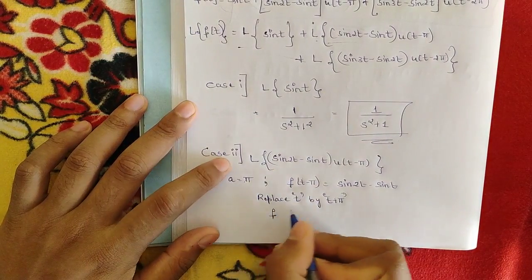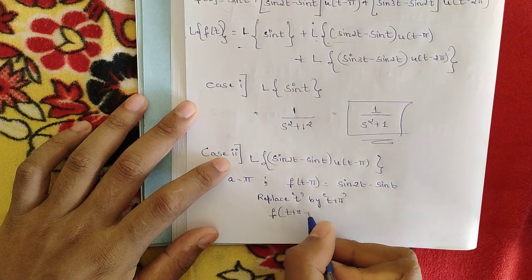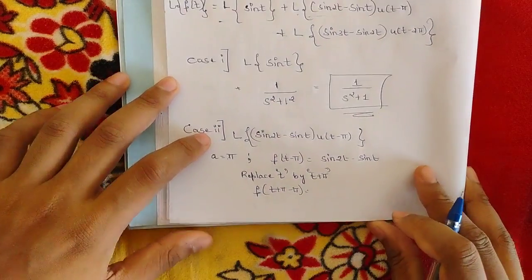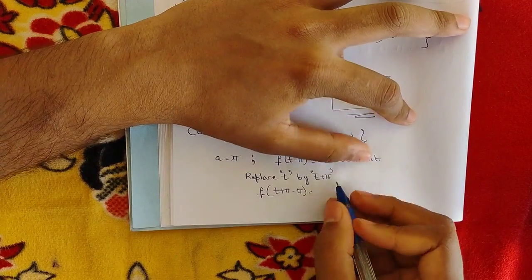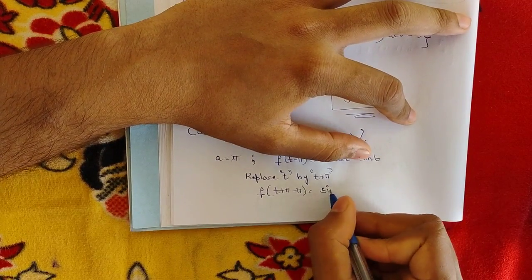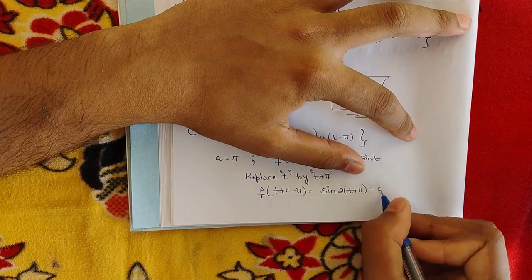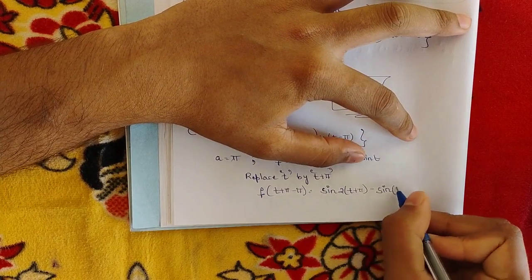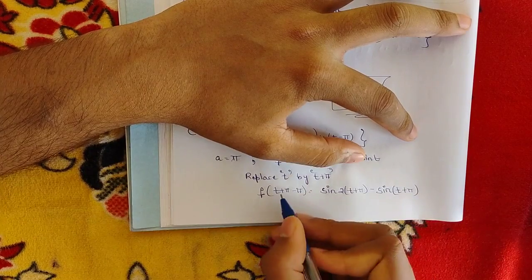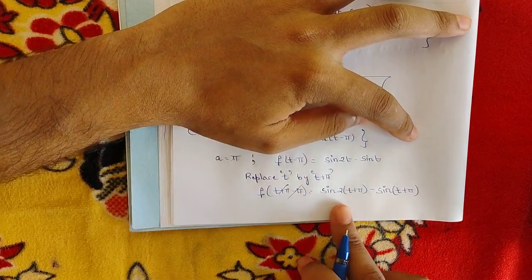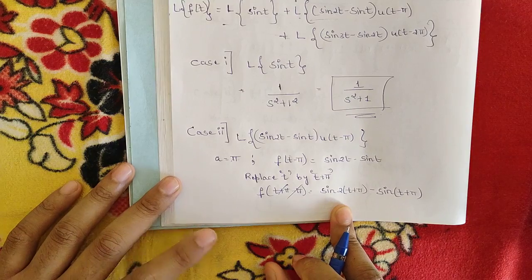So f of t plus pi minus pi is equal to sin of 2t plus pi minus sin of t plus pi. So these two terms would be getting cancelled, so we would be left with